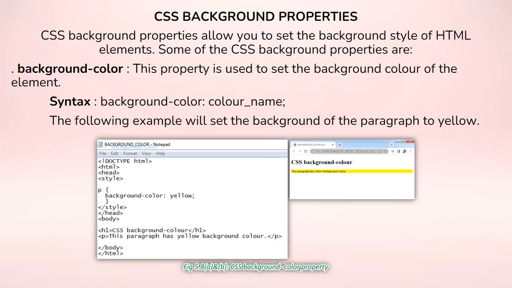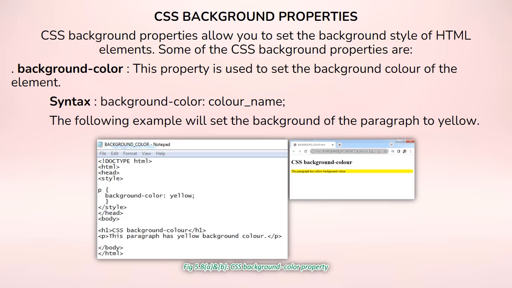CSS background properties. CSS background properties allow you to set the background style of HTML elements. Some of the CSS background properties are: A. Background color. This property is used to set the background color of the element. Syntax: background-color: color_name.